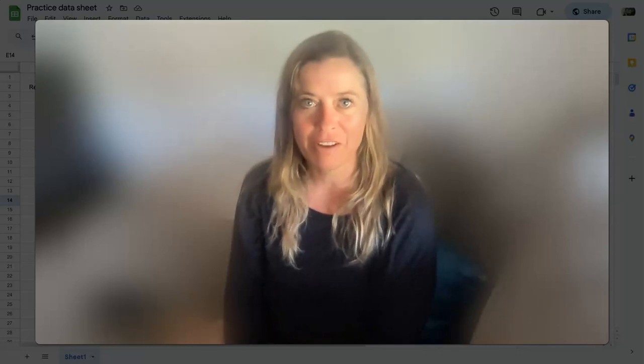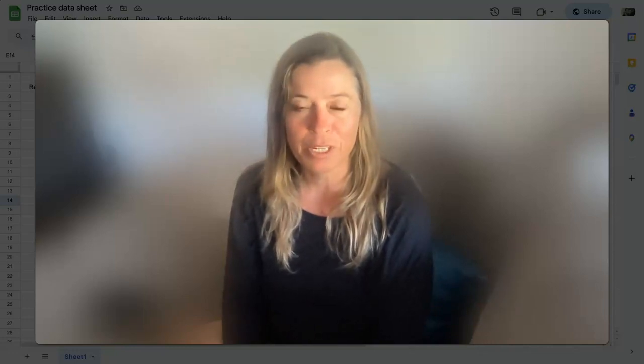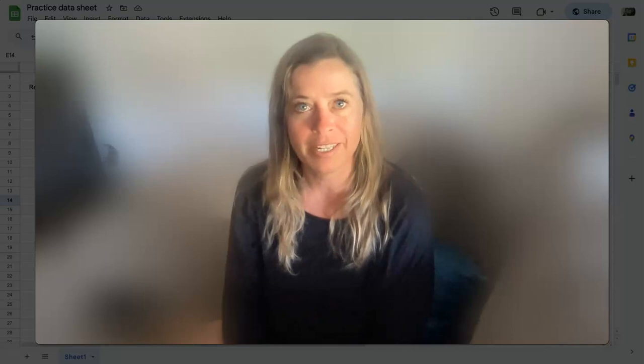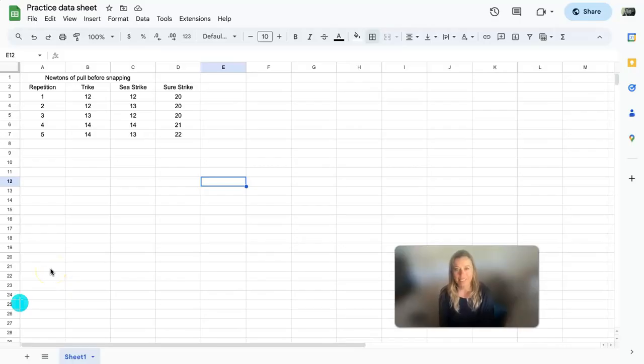Hi everyone, I'm just doing a really quick tutorial on how to convert data from a format that you would usually use in either Google Sheets or Excel into tidy data, which is a format that can be uploaded into a secondary program for statistical analysis. So this is a practice data sheet that I'm going to use to show you the difference between data the way we normally put it into a Google Sheet or an Excel sheet and a format that is easy to